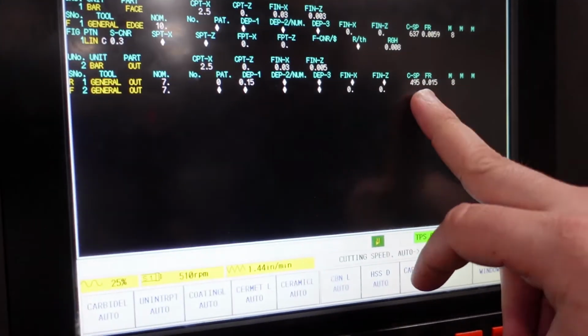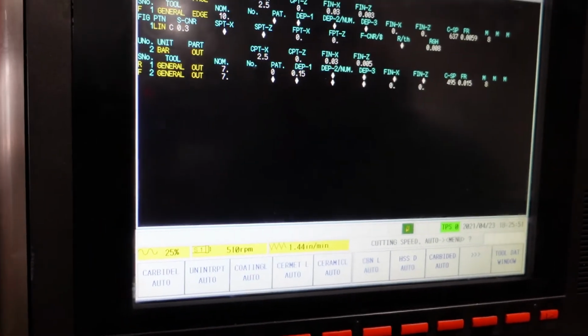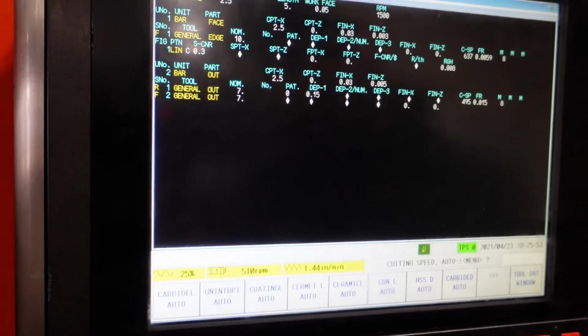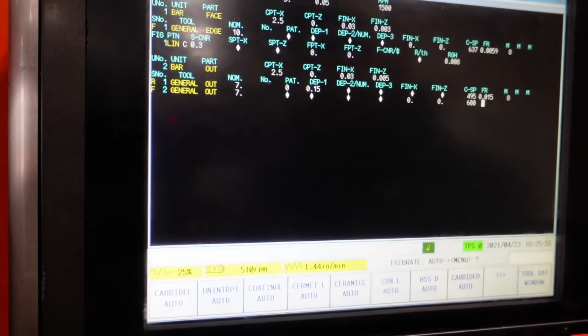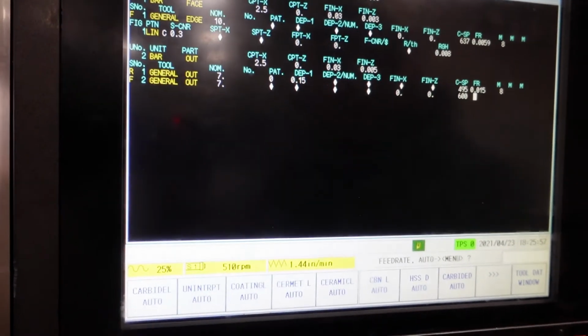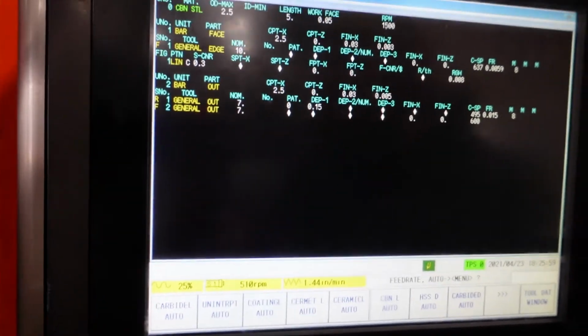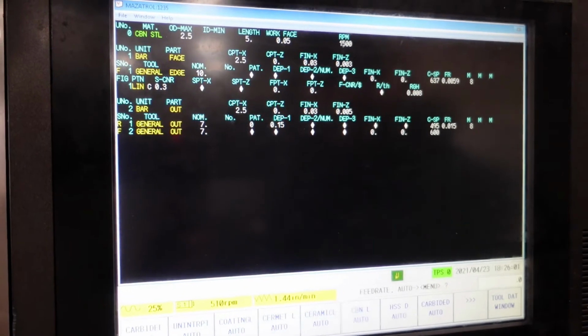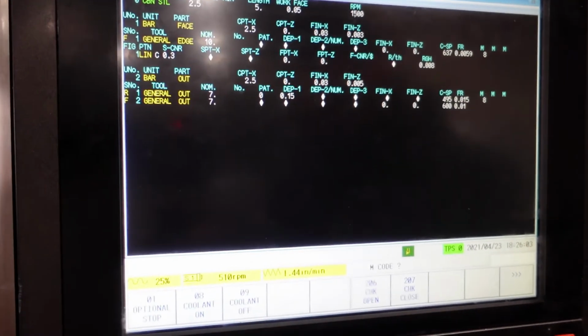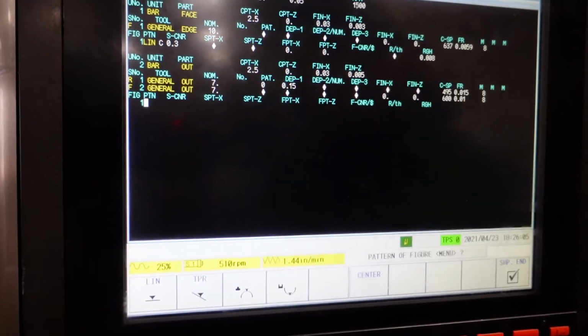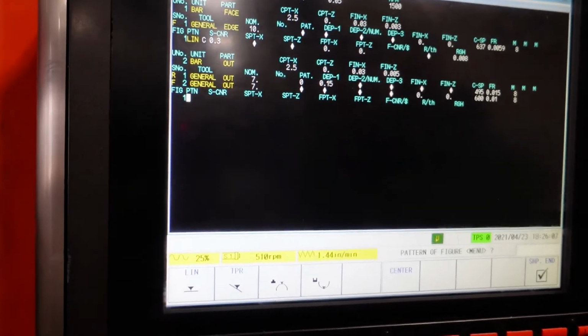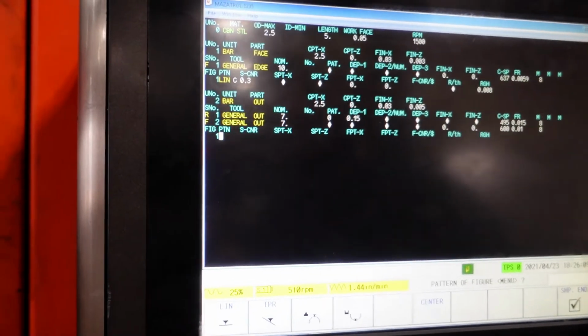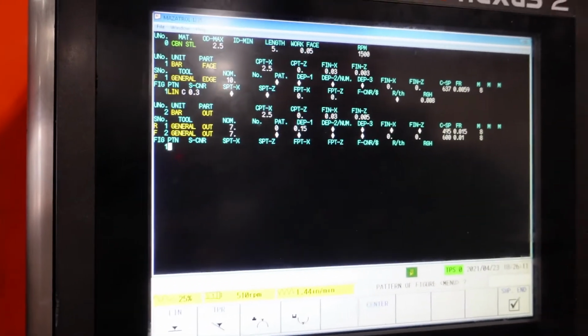And now it'll still ask me what my surface speed is. I'll give it a good 600 because I don't care what it looks like. I'll do the same thing: a 0.01 feed rate and an M8 so it has nice good coolant on it. Even though I don't care what it looks like, I don't want to burn my hand pulling the damn thing out. So our first pattern